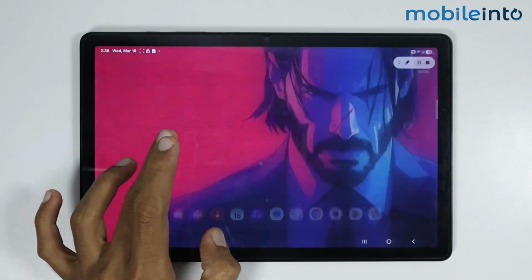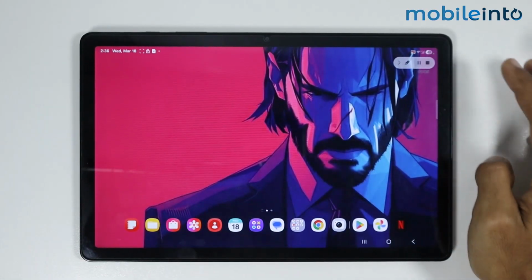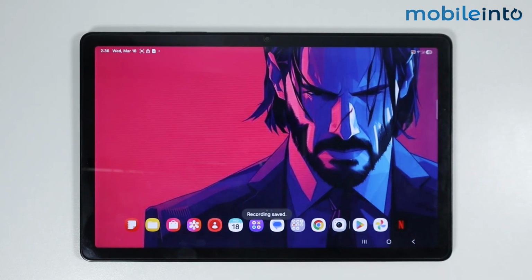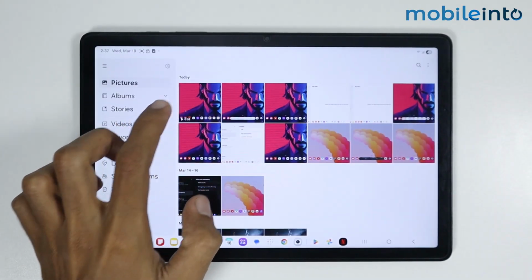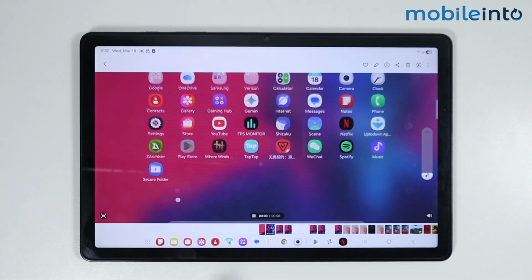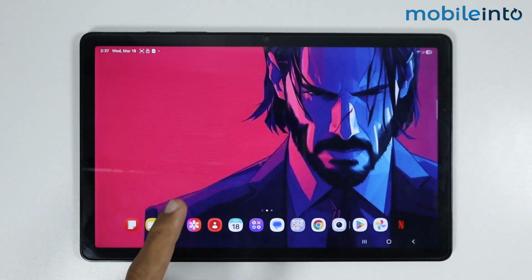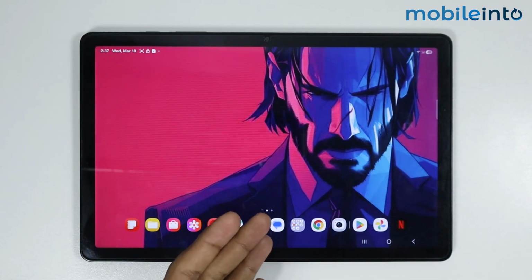Just like that. And once you're done screen recording, just tap on the square icon over here and you will stop screen recording. Now if you open the gallery app, you will find the screen recording which we have done. Just like that. Now this was the first method, but if your tablet does not support the screen recording feature by default,